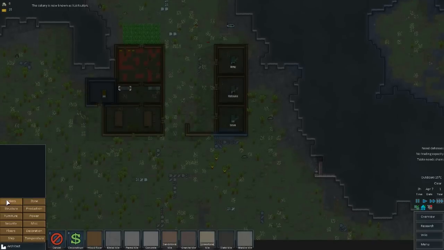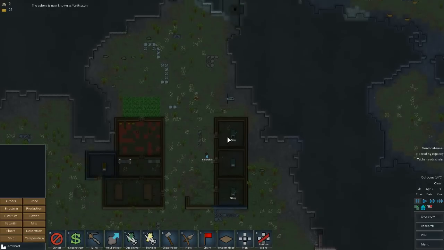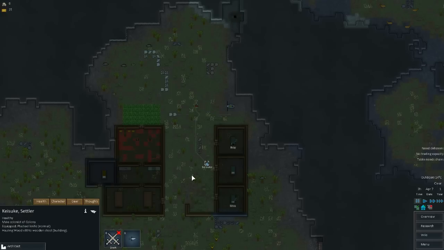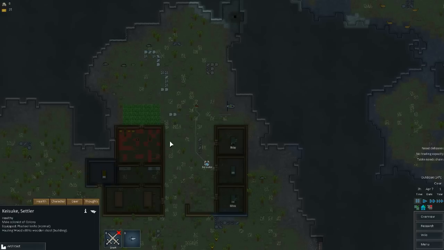Alright, and we're going to need, obviously, some more wood, but let's look over what we've got here. We've got a basic power source, which is quite important. We've gotten our kitchen set up, an eating area, which is good for morale, and we've got three fairly spacious rooms. If we look over at Keisuke, he's got some good vibes going on. He's got a spacious interior for his room. He's got his new colony optimism still, which is letting him coast a little bit longer,